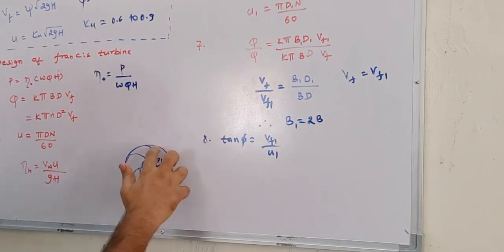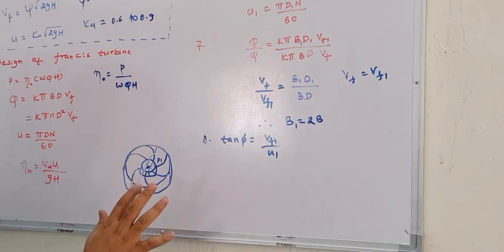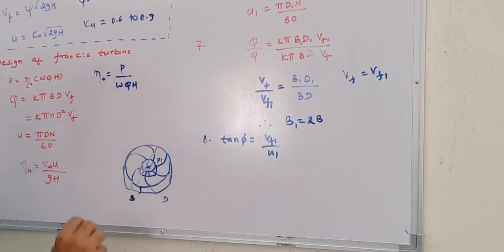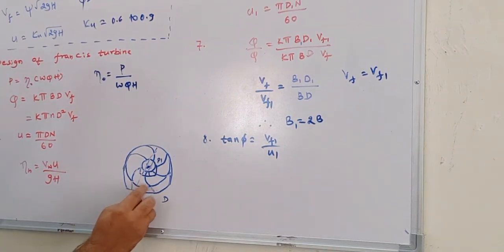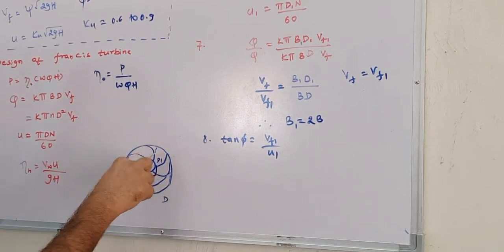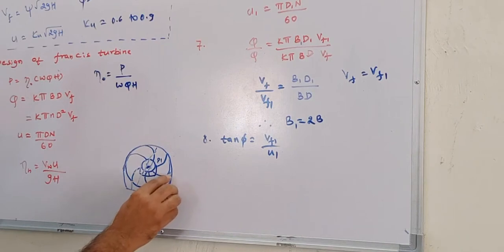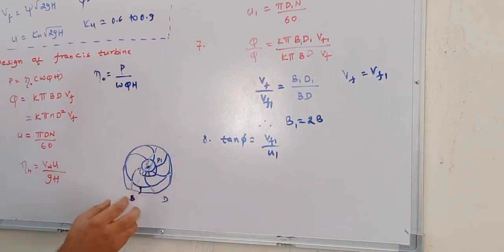Like this we can count how many N values, how many gaps, will be there. So if I had to find out the area of this, I'll call this B. This is B multiplied by pi into D minus the thickness of veins. That will give me the total area in which the water enters.